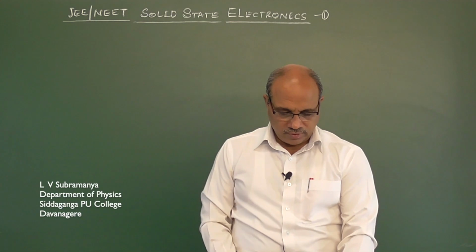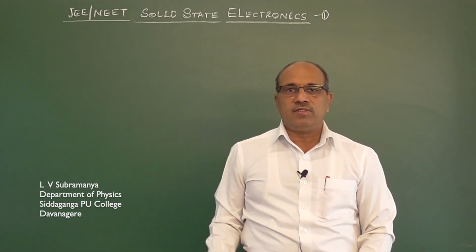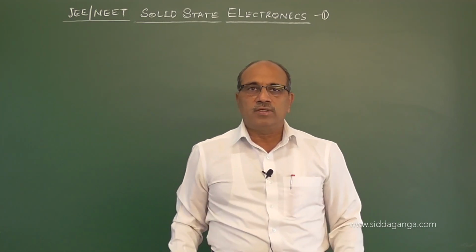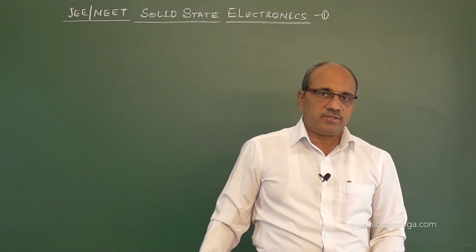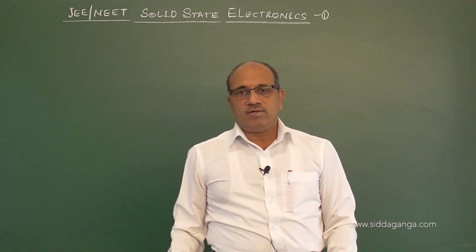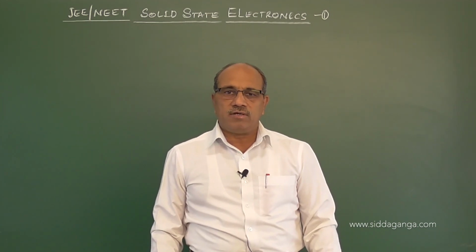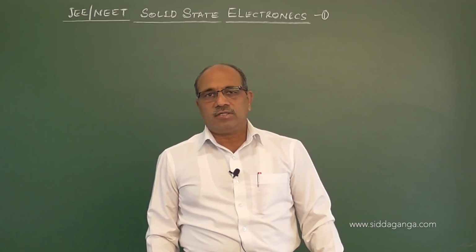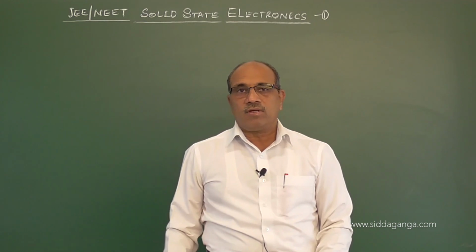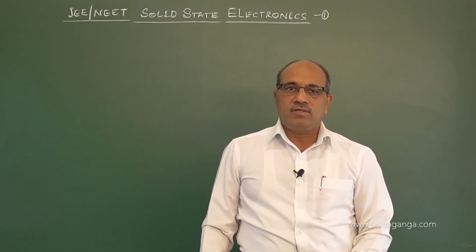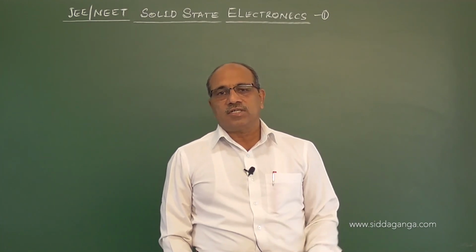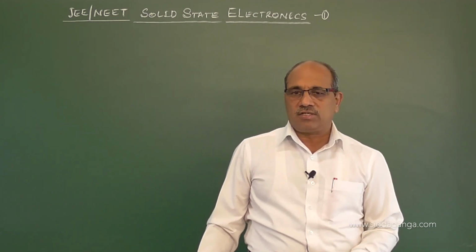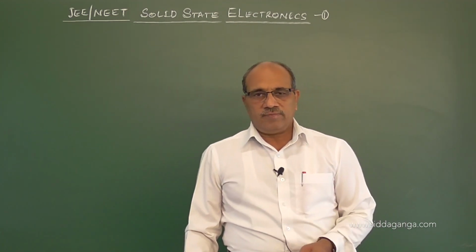Hi students, in the previous videos we have discussed semiconductor electronics, the classification of materials into conductors, semiconductors and insulators on the band theory of solids. If the energy gap is almost zero or the bands overlap, we call it a conductor. If there is a narrow energy gap of about 1 electron volt, it is considered a semiconductor. If the energy gap is more than 5 or 6 electron volt, then it is an insulator.